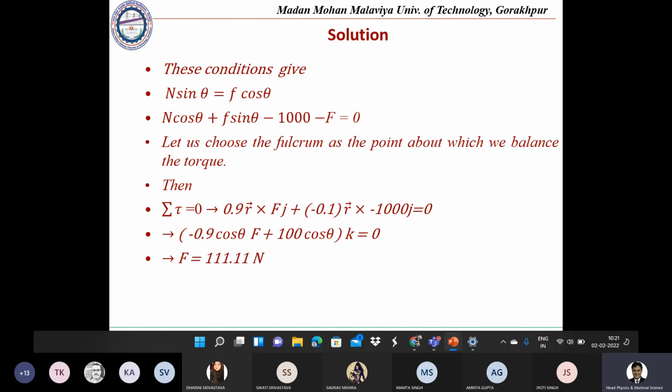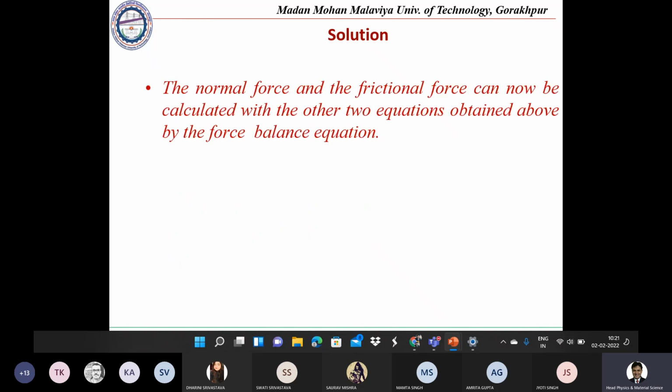Finally, F will be calculated: F is equal to 111.11 Newton,